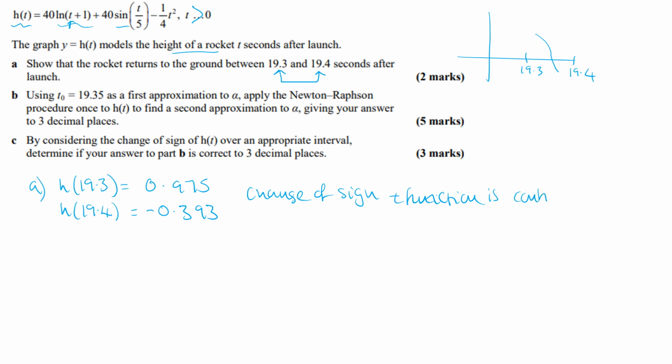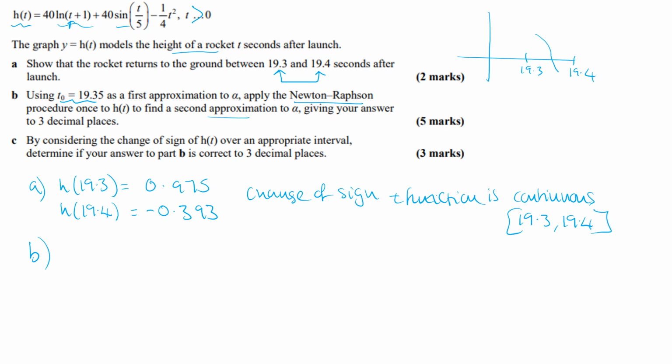And then how do we write that it's continuous across that interval? You can use the interval notation, which is these square brackets. That means it's across that interval between 19.3 and 19.4. In part B, it's asking us to use t0 as 19.5 and apply the Newton Raphson to get a second